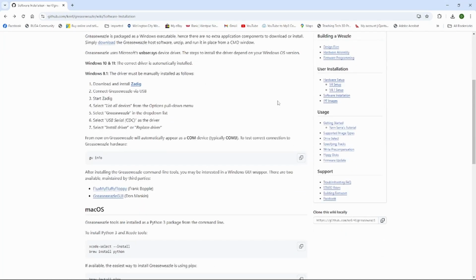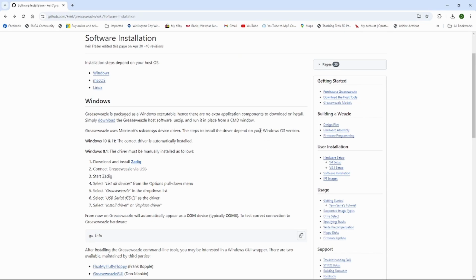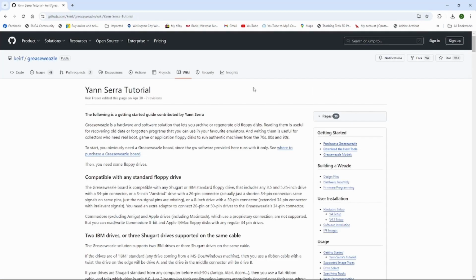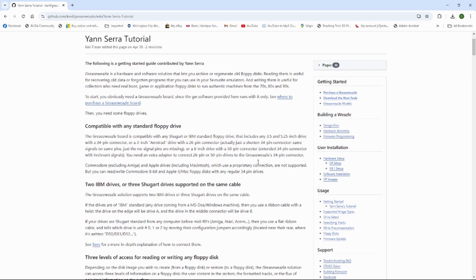If you want to go through a bit of a tutorial on how to do this, on the right hand side of the screen again, we look down to usage, and then under usage there's getting started, and there is Yanon's tutorial. Now if we click on that, this is a really good tutorial. Sorry, not Yaron, Yanon. It's a really good tutorial to go through to set things up if you can't follow what I'm